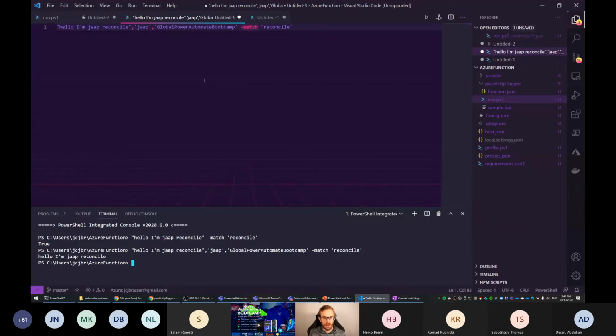So we can see it matches. In case you're not familiar with regular expressions, the easiest way to imagine that this kind of matching works is just by seeing it like this: star reconcile star. That's the type of matching that is being used here.